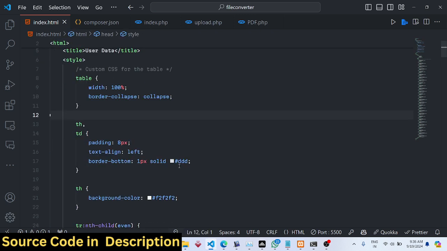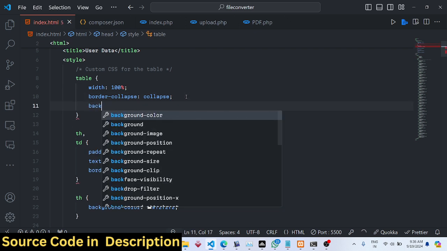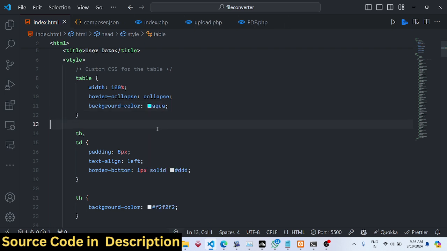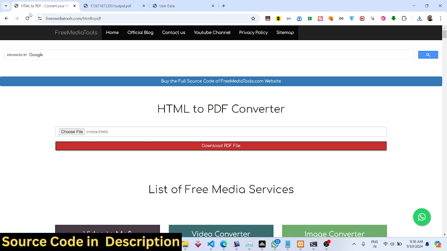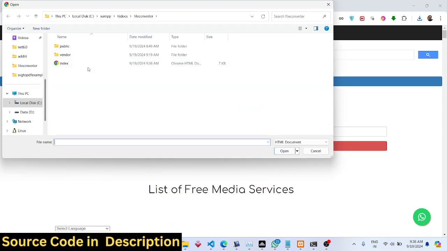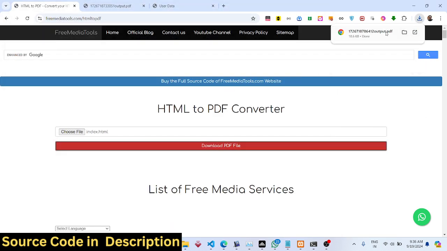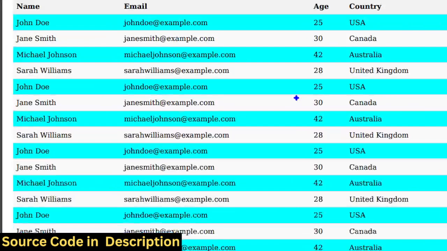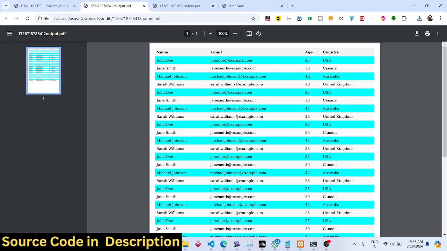If I make a change right here, for example the background color, and add this style, and again select the same file, now you will see the custom CSS has changed because we changed the CSS part right here. That's why you can see it has converted everything, HTML plus the custom CSS, to PDF